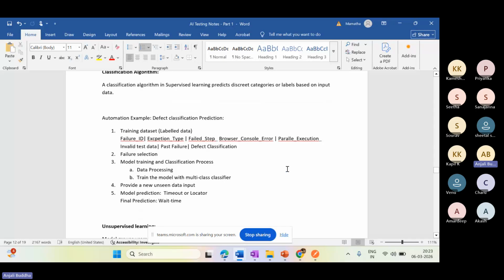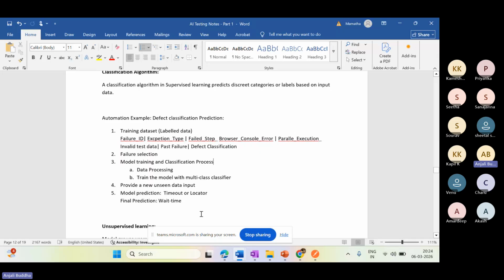Whenever I give the automation execution details and it fails, you should be able to predict the different types of exceptions that occurred during execution, and why exactly the execution failed.